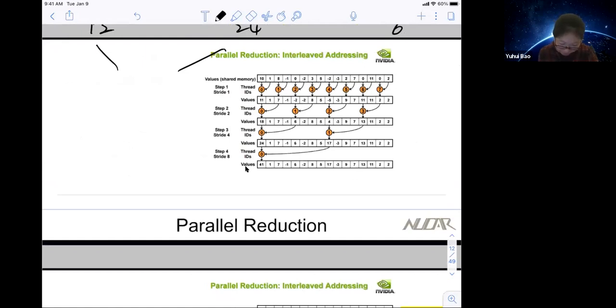So the first line is stride 1, and here the thread ID is in this orange circle. So you can see in this case,